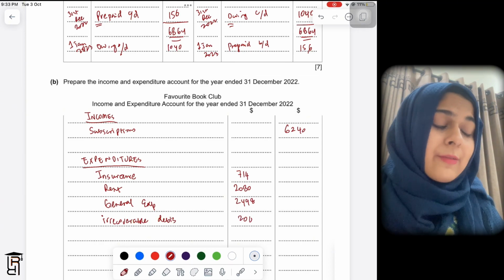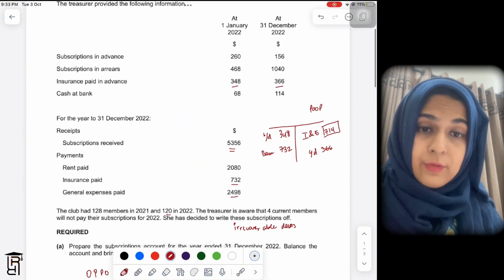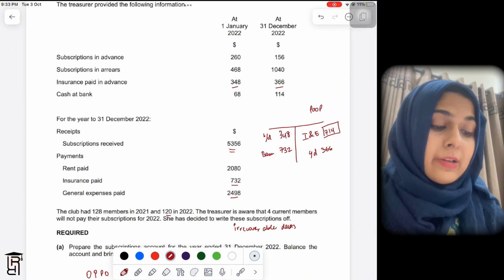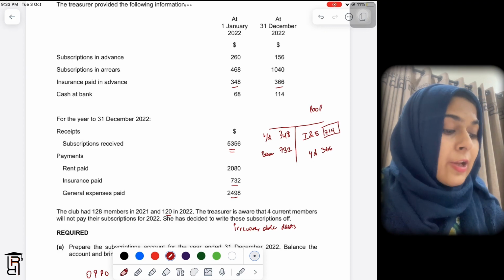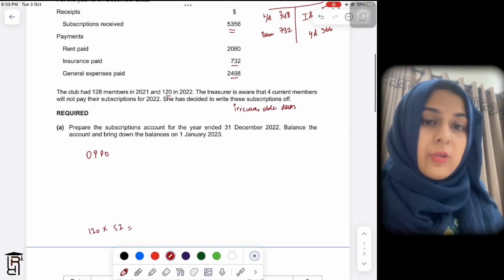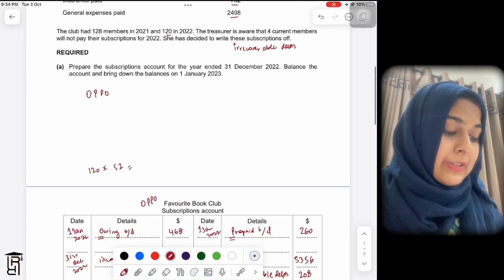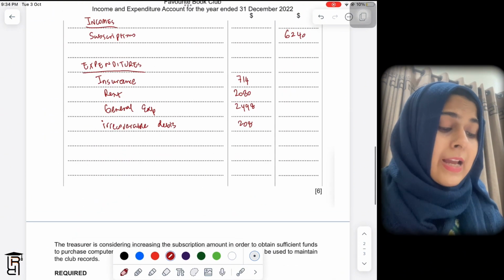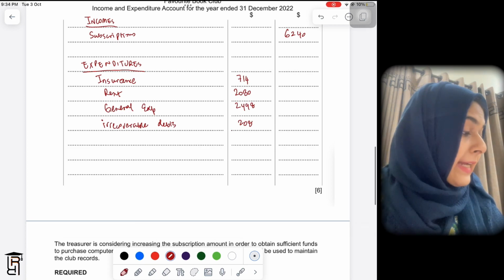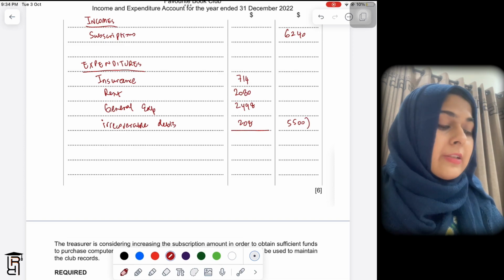And one more thing, it's very interesting that in this question there is no depreciation of non-current assets. If you look, there is no non-current asset here at start and at end. Normally in every question that I have solved for a club, there are non-current assets. So when there are non-current assets, you need to depreciate them. You need to write that depreciation as an expense in the expenditures, but depreciation is not here. So you just total all of this and you'll write here 5500, and then when you subtract, so basically you